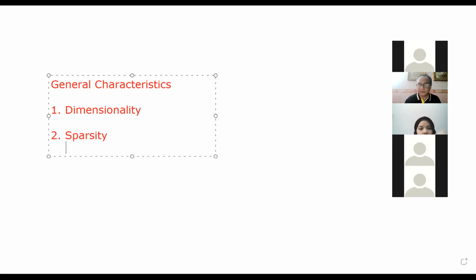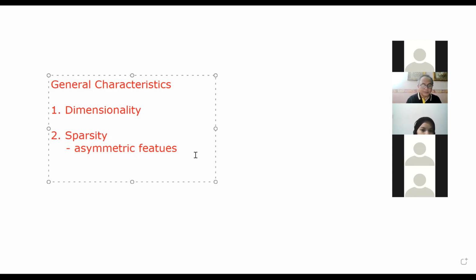There are some with asymmetric features, and then there are some with zero values. So there is this sparsity of data, the space of the data, and then number three is